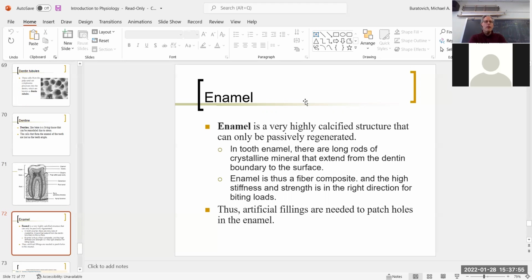And artificial fillings today consist of these resins that are hardened with UV light that can actually match the texture and the strength of the enamel,